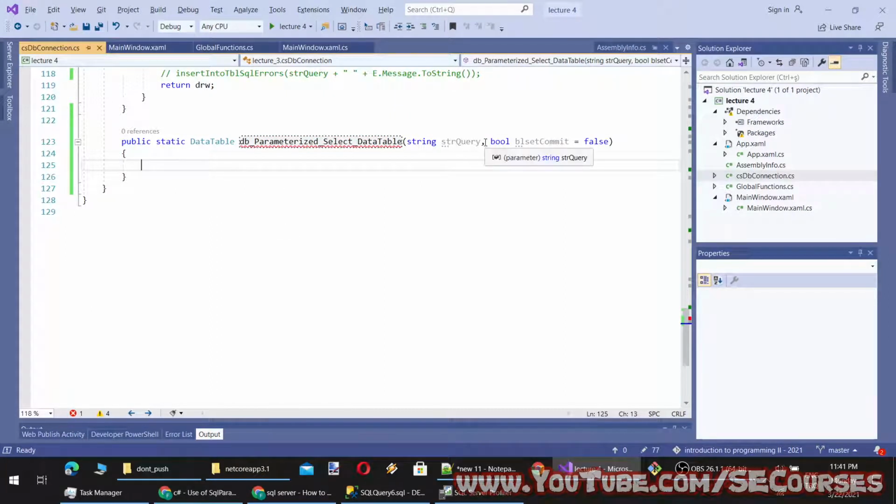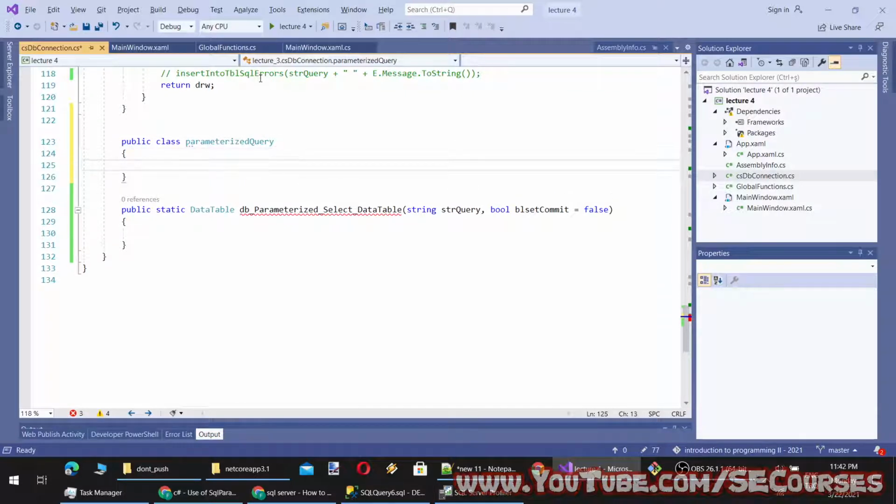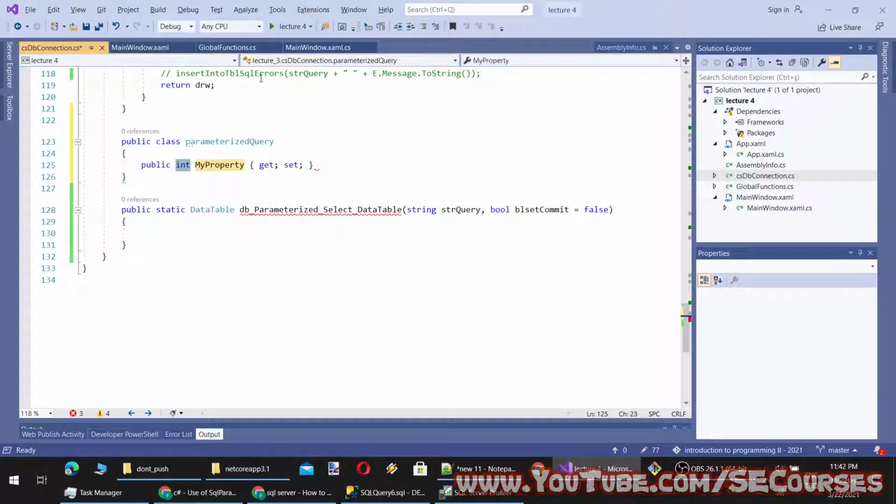Okay, so what else do we need? We need to provide our objects and their parameter names. To do that, I will compose a public class, parameterized query, something like this. And inside that, we will have some properties.